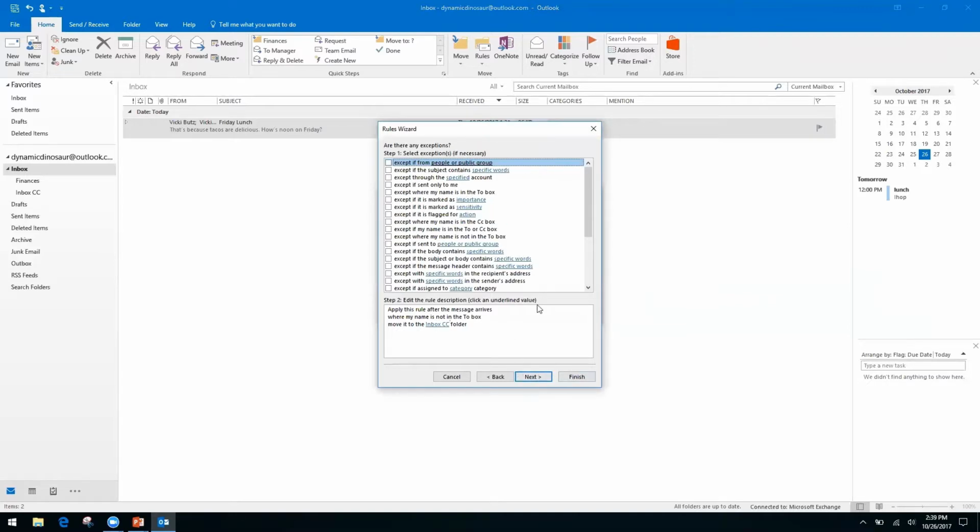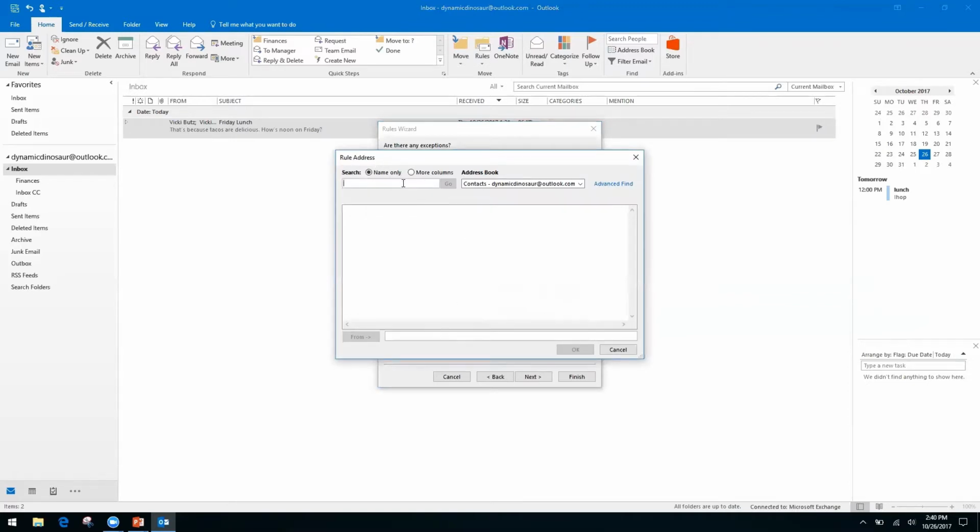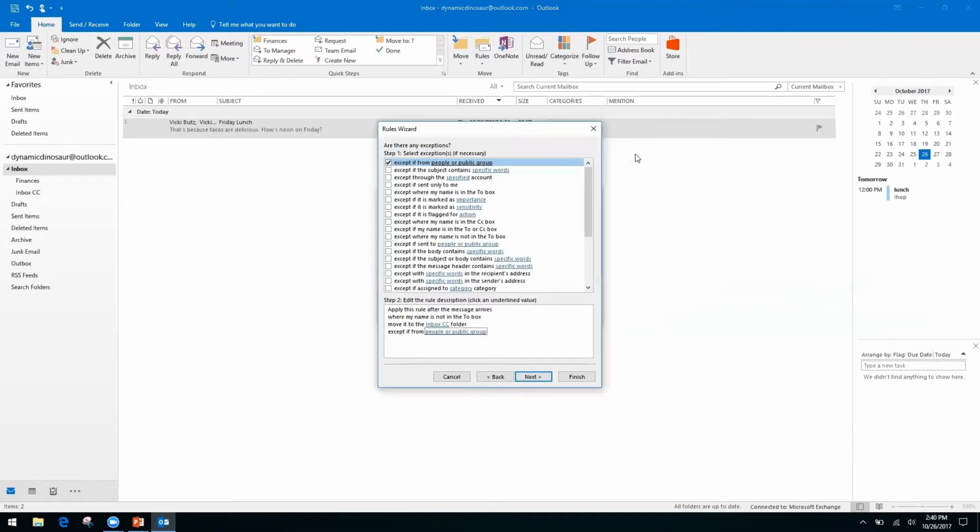go. Or if you want to make exceptions, let's say that you know that there's somebody specific on your team that CCs you on a lot of things, but it is things that you want to see. You can select this box up at the top, come down here and click on that blue link again. You can specify specific people. You can pick them from your address book if you choose. All right, but we are going to just go on and